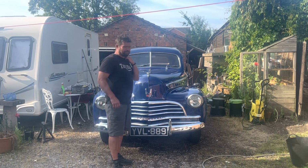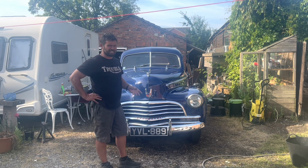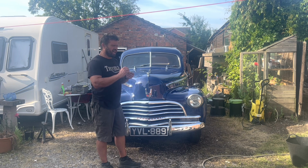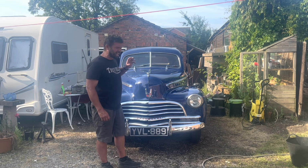So basically, I've had a good look at the linkages, and there was quite a lot of play in the linkages. So I've basically strengthened them all up. I've had them all off, I've put washers on them, and I've made sure that they can't hardly move. Some of them I've put rubbers behind. I've gone off the shop manual to the exact measurements